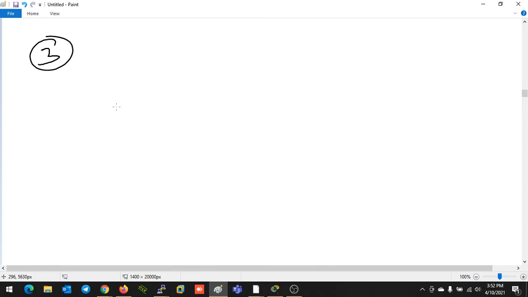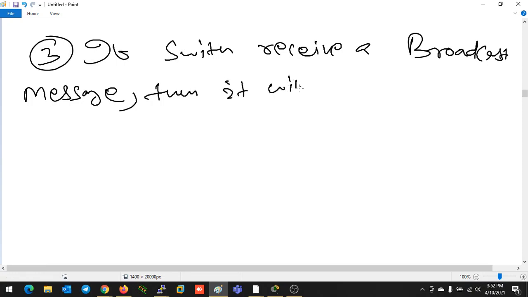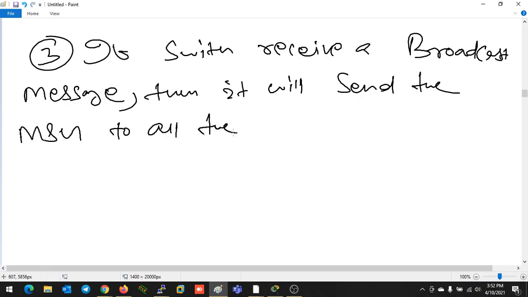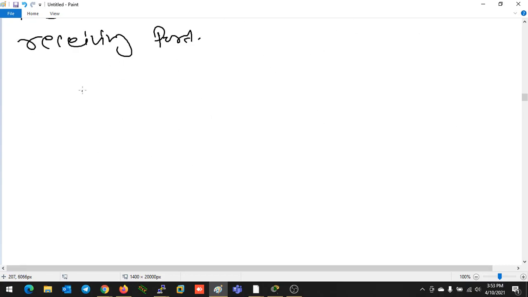Okay. So right now, if the switch received a broadcast message, then it will send the message to all the ports beside the receiving port. So broadcast message means